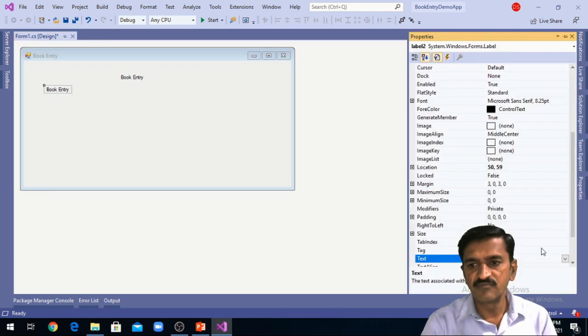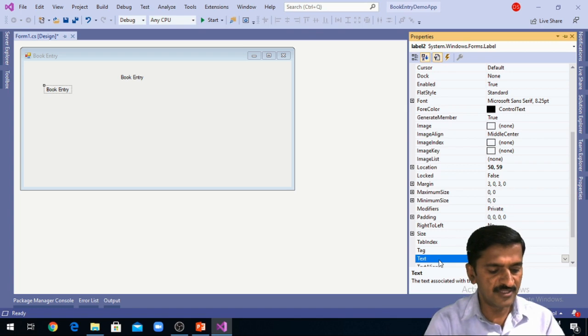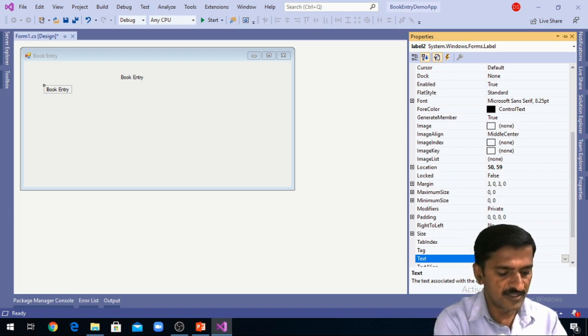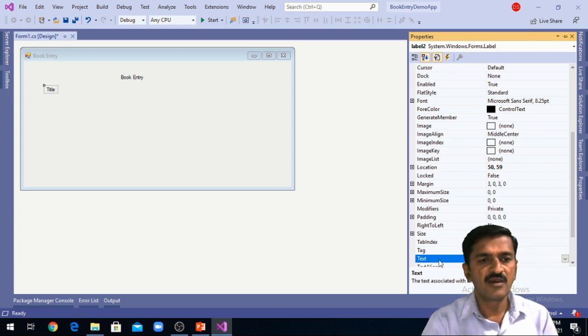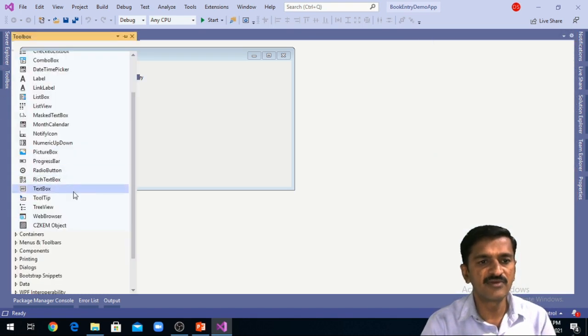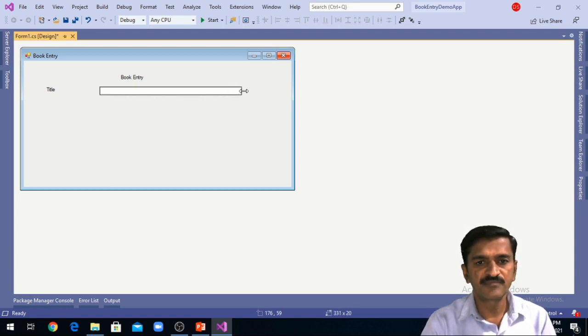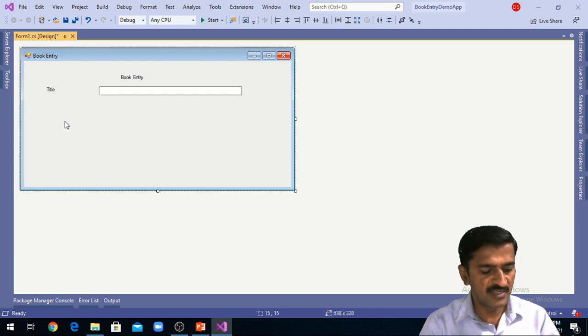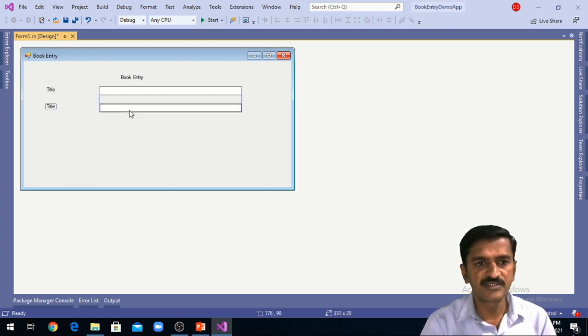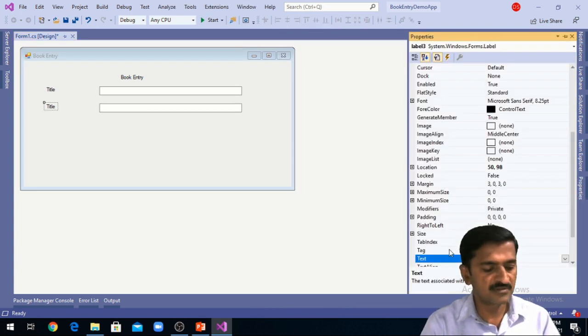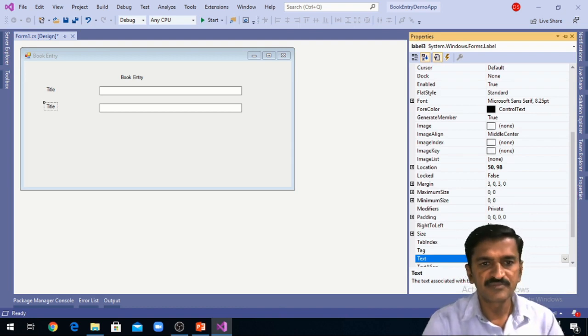I'm changing the text of the second label to title, and next to that title label I'm going to add one text box so that the user will be able to add the title into this text box. Again I'm making a copy of this label and text box for getting the author. So I'm changing the text of the second label as author.